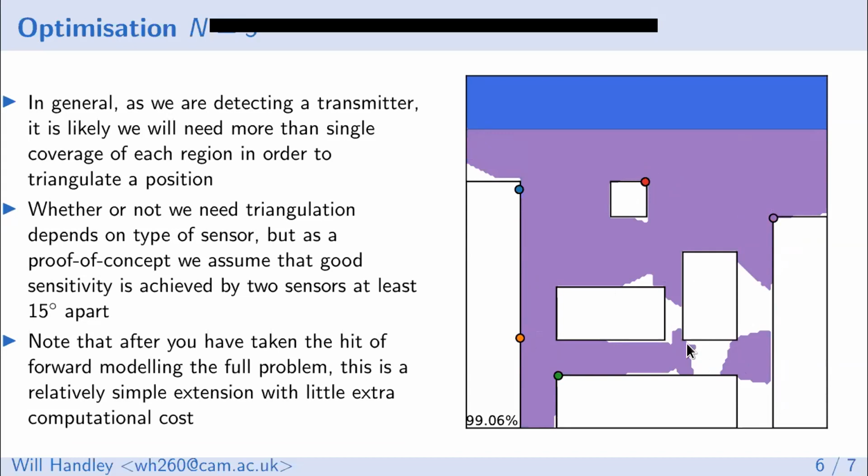And as we move to the optimum solution for 5, you get some quite fun effects, like for example, this region, despite the fact that it has line of sight to blue and orange, can't be seen because of our 15 degrees constraint. And you can see that you get this rather interesting region here just before that where the red sensor has line of sight, and this gives you 99% coverage. So this is quite a fine-tuned solution. If you go further down the distribution, you start to see some other solutions that are similarly good, but have slightly less fine-tuned regions like this.